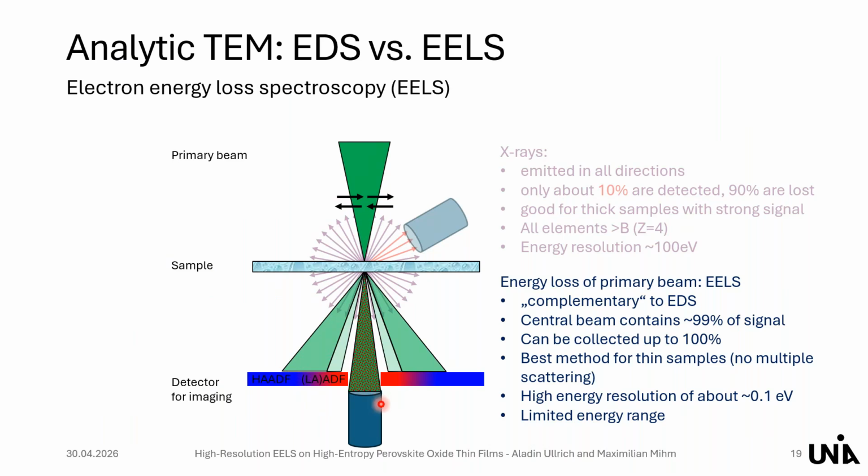So it's always important that you select the setup in a way that the camera length, so the distance between the sample and the spectrometer opening aperture here, matches with the expected scattering angle, because when an electron loses some of its energy, of course, you must take into account the conservation of energy and momentum. You expect an electron to be scattered under a certain angle, and this angle is luckily quite small. And we have used here a collection angle of about 74 milliradians,